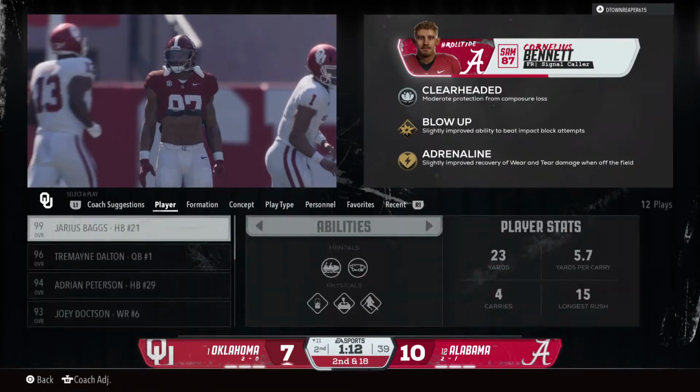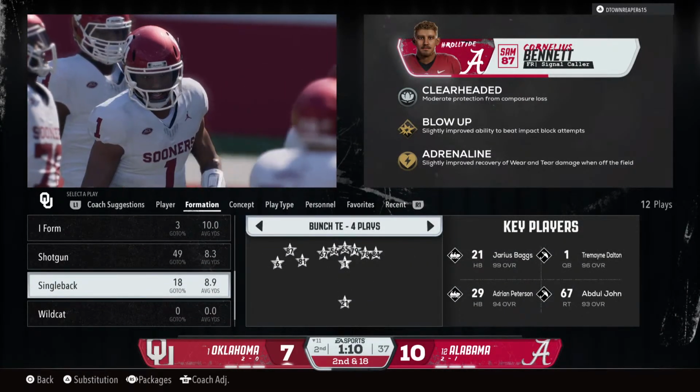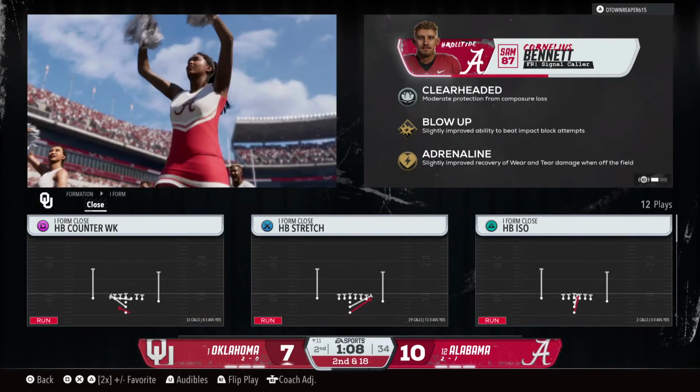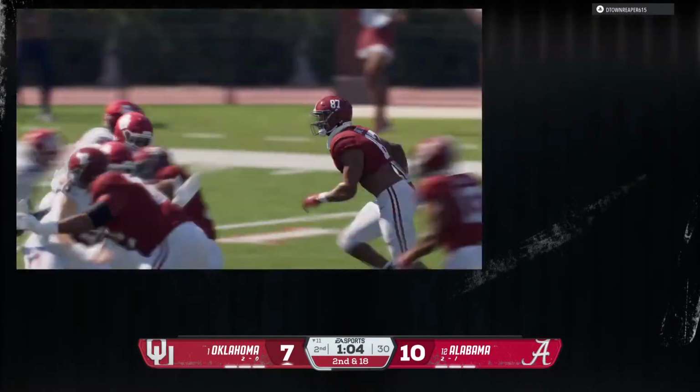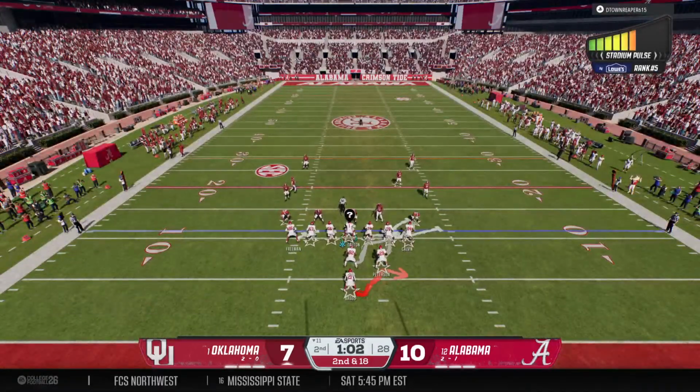Defense would not be denied on this play. They come up with a sack. Quarterback really didn't have much of a chance at all. Lucky he just held on to the ball. First down loss sets up second and long from the